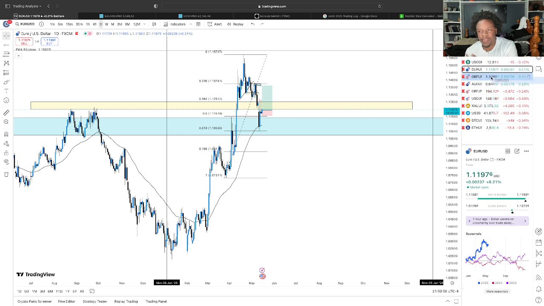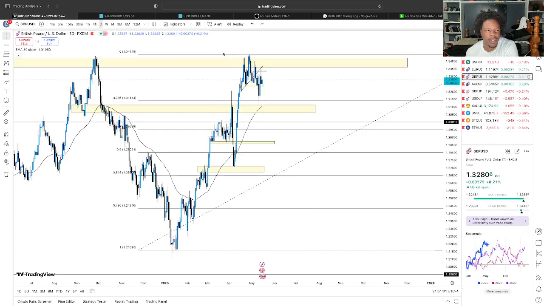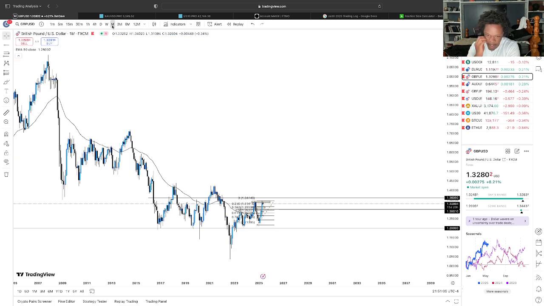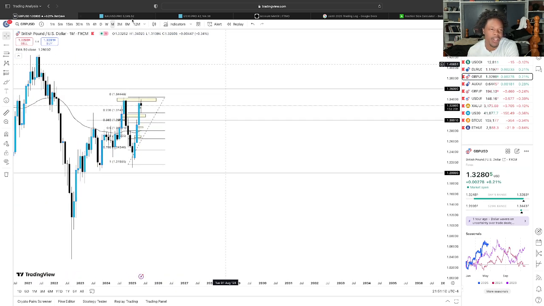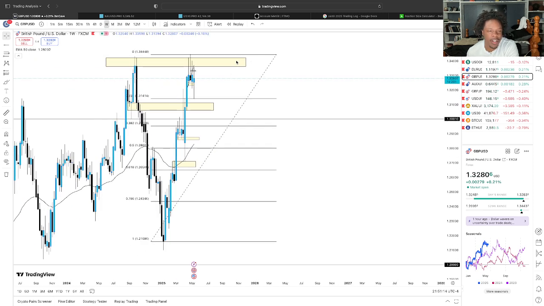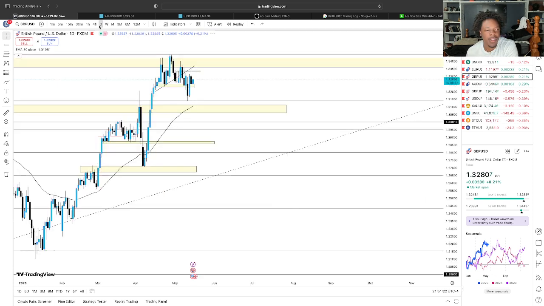Now, if we were to go to GU, being that they're all paired with the US dollar, I'll look for a similar price action. So on the monthly time frame, price action has created a bearish candle with a lower wick. And if we were to go on to the weekly time frame, it's created a bullish doji candle, as price action has found support right around a 23.6% retracement. And if we go on to the daily time frame, as you can see here, price action has created